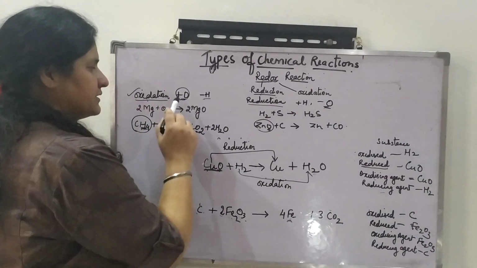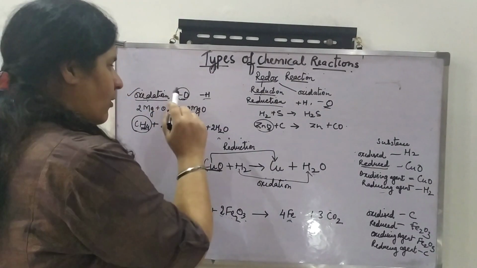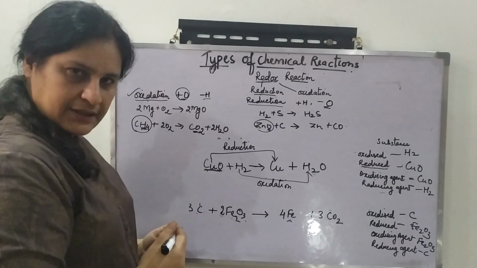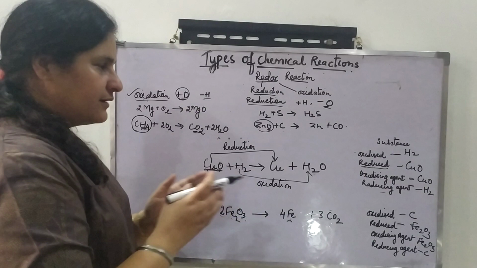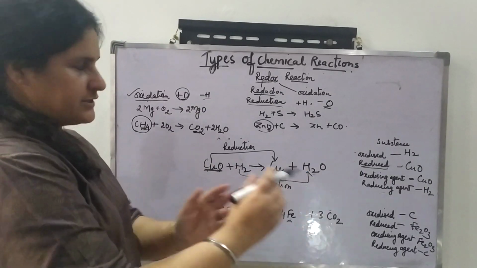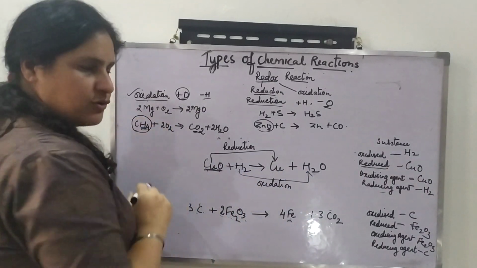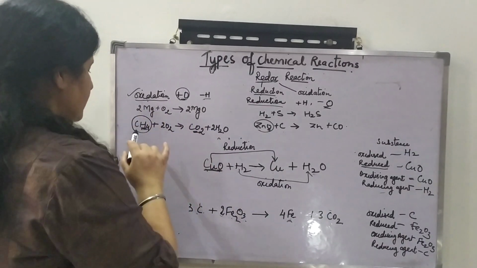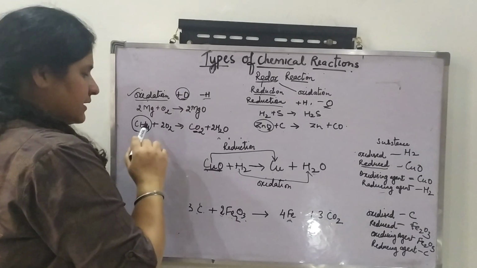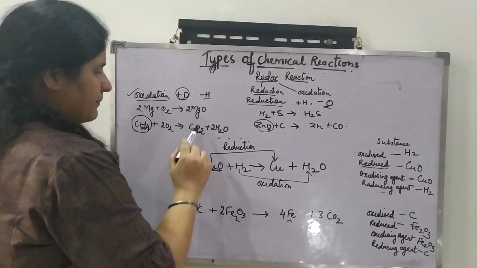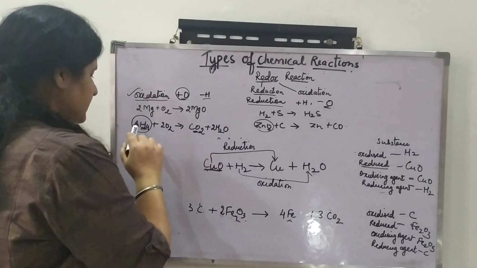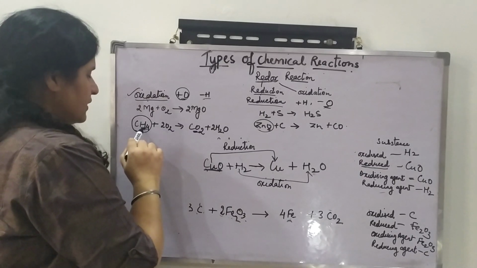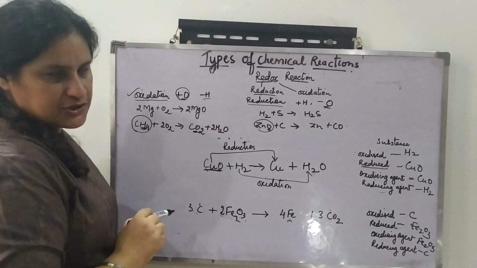So oxidation here is addition of oxygen or removal of hydrogen. In a reaction, if oxygen is added or hydrogen is removed, then we say oxidation has taken place. Example, magnesium combines with oxygen to form magnesium oxide. So oxygen is added, right? Now if we see methane, methane reacts with oxygen to form carbon dioxide and water. If we just focus on methane, the hydrogen has been removed, right? So if hydrogen is removed, again oxidation, right?